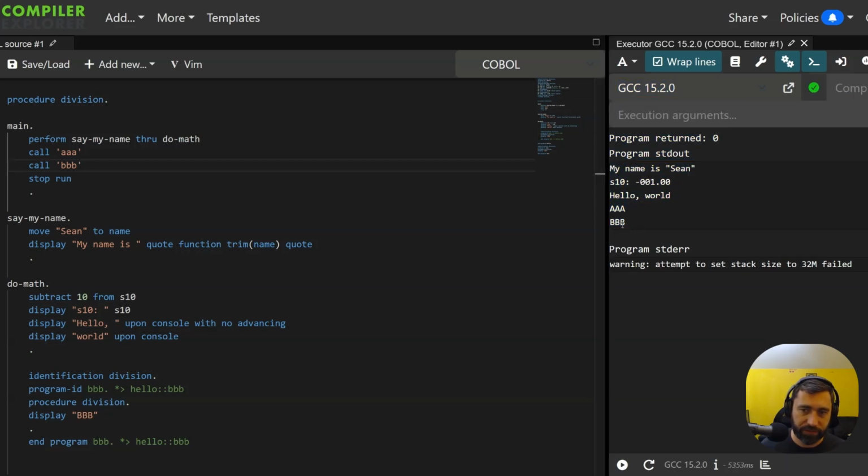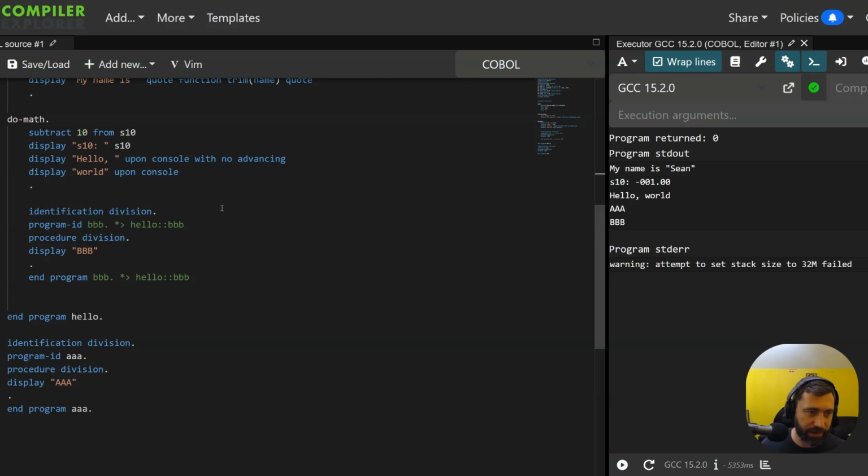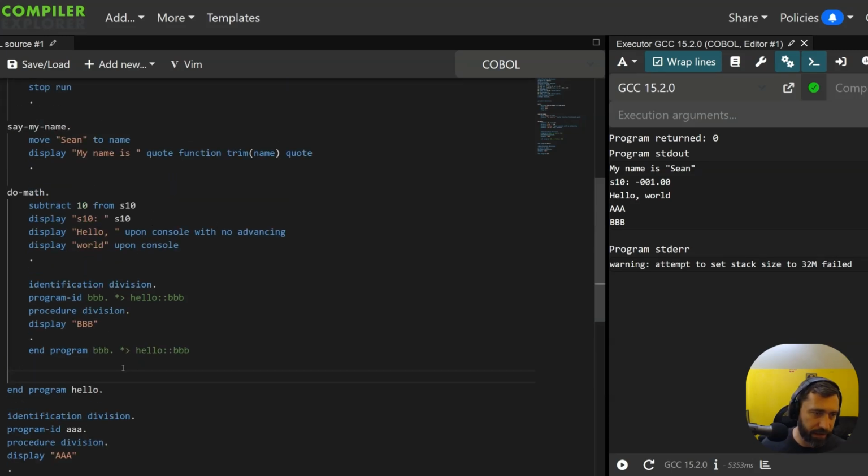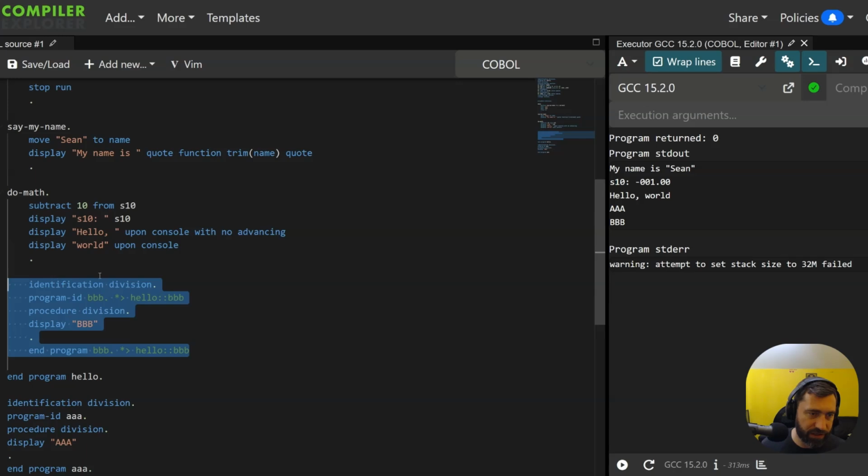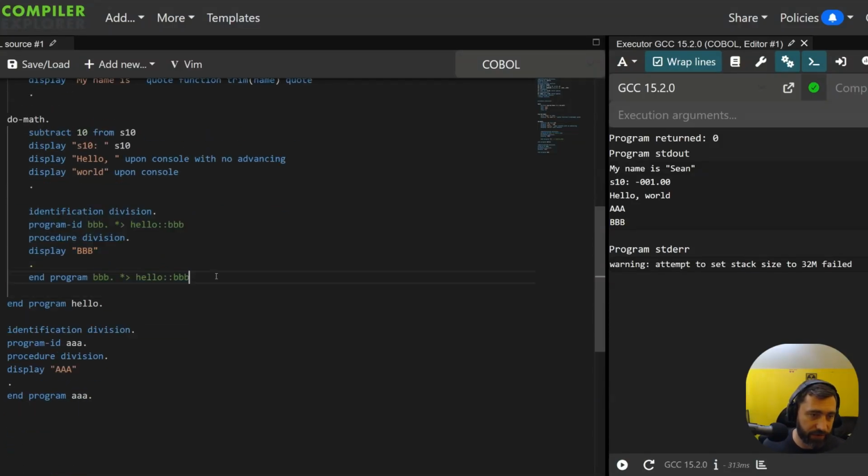There we go. So now we're calling the sibling program and then the subprogram. The subprogram is basically only visible to its parent, and optionally it can be visible to sibling subprograms inside that parent. So if I define